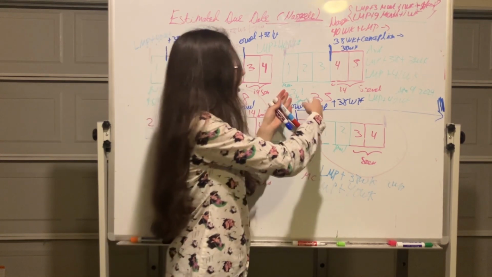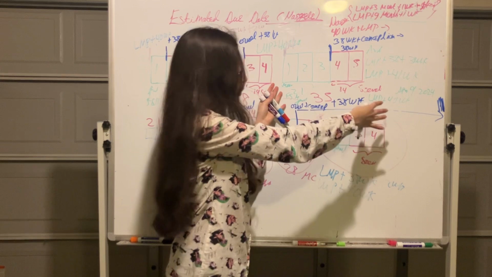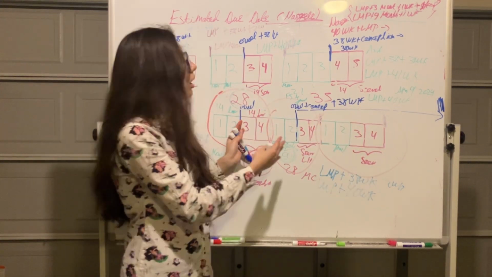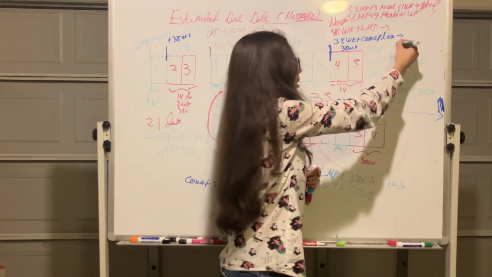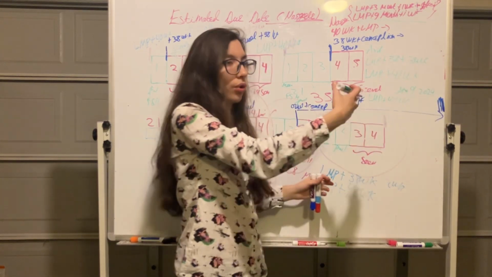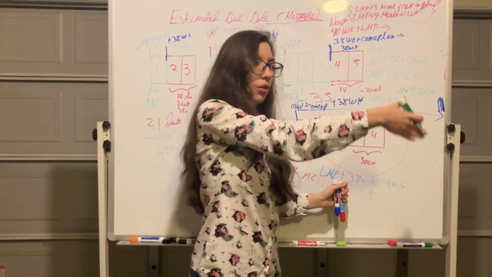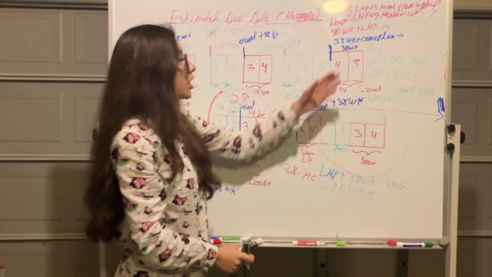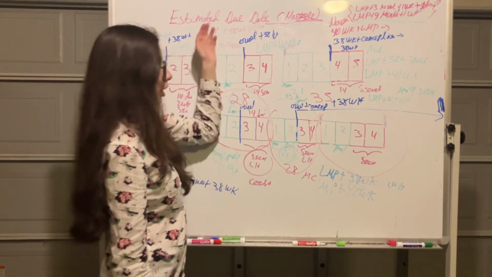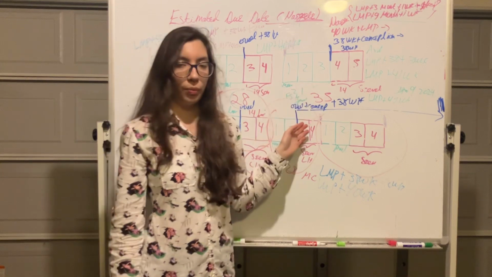So if we have a menstrual cycle which has a longer duration than 28 days, the actual due date is going to be after the estimated due date. So again, the estimated due date is always 40 weeks starting from the last menstrual period,